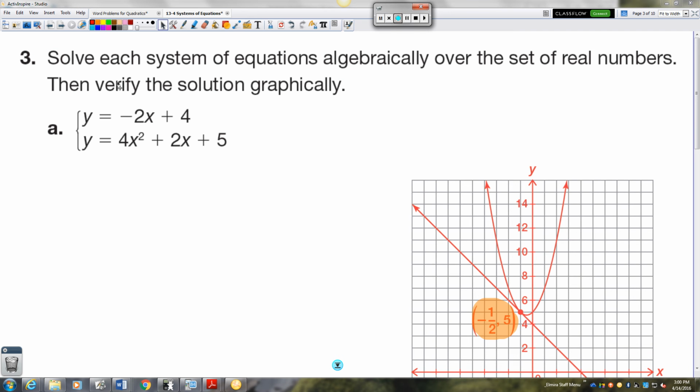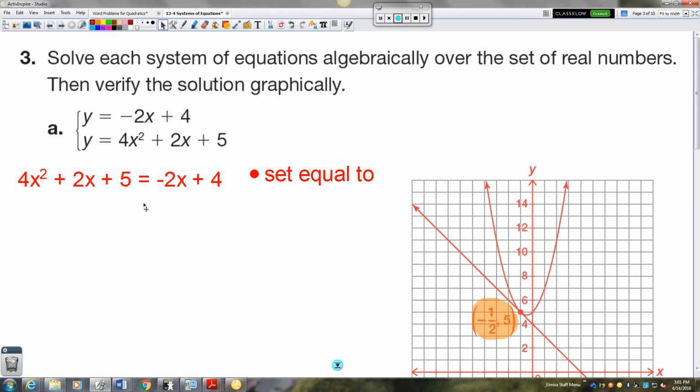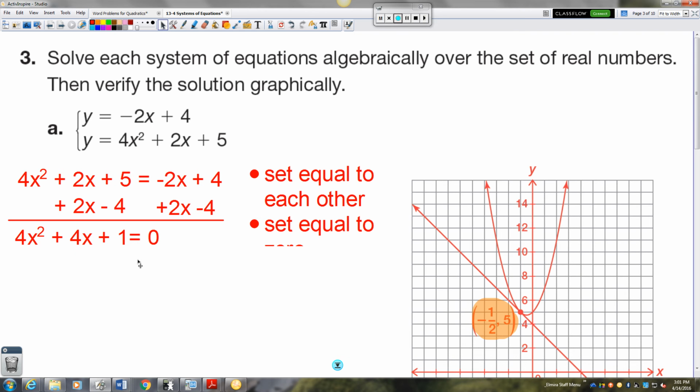Okay, this is another system that we already solved graphically, and we have negative 1/2 and 5 as the solution. Solving algebraically, we set the two equal to each other. Then we're going to set equal to 0. So set equal to each other, then add 2x and subtract 4 to both sides to get it equal to